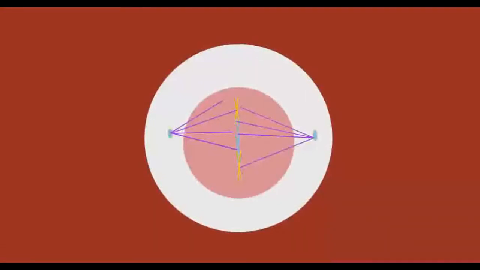We now have reached metaphase 1. In this stage, the homologous chromosomes line up along the equator of the cell. Once the chromosomes are lined up, the ends of the spindle fibers attach to each centromere. In the next stage, anaphase 1, the spindle fibers recede and pull the chromosomes, still double-stranded, to opposite ends of